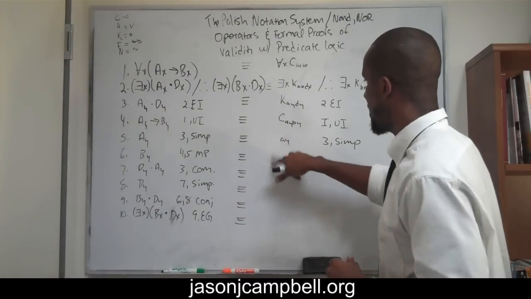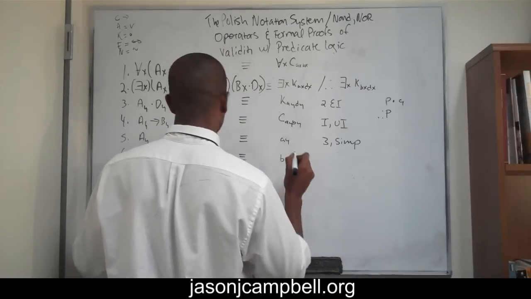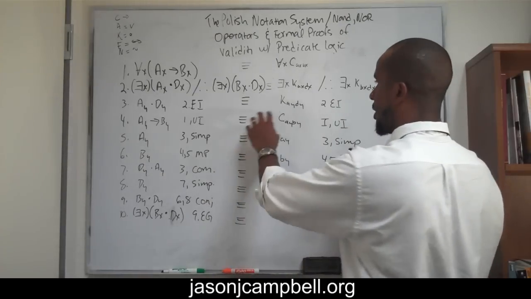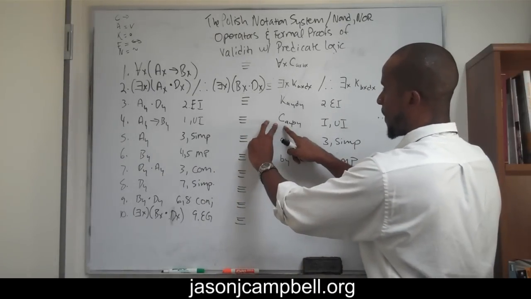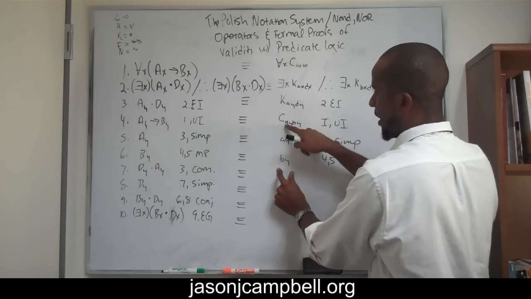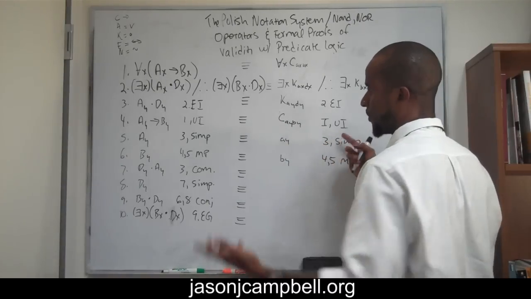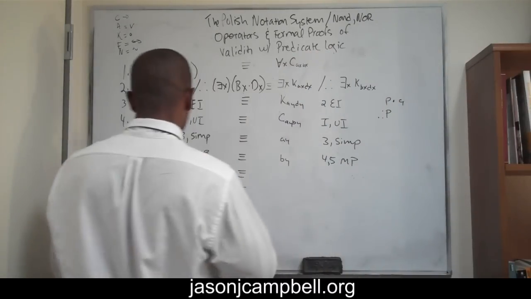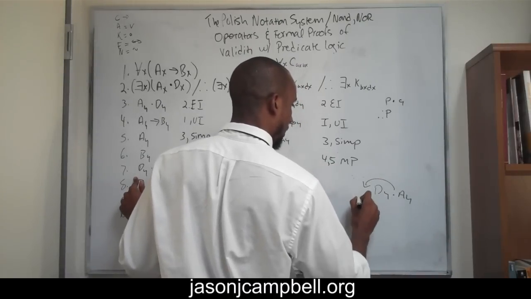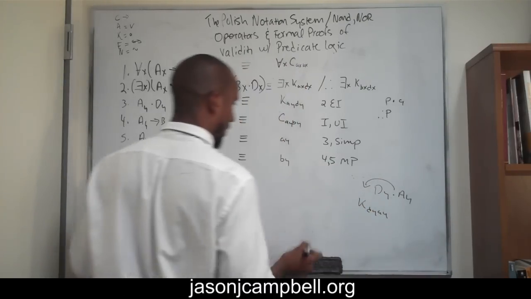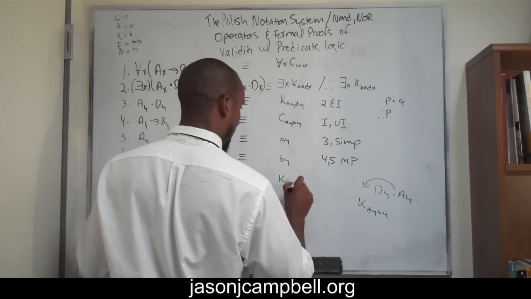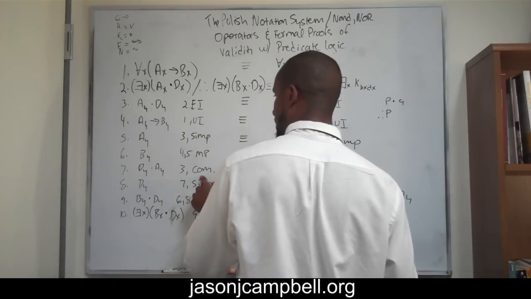Alright, so we have AY, BY here, BY, 4, 5, MP. Does it make sense? Let's look at 4. Here's 4, here's 5. If P, then Q, P, therefore Q, right? If P, then Q, P, therefore Q. Same thing. Okay, so we got that. So we have this, dy and ay. Pull this out. This becomes k dy ay. Right, so we have k dy ay. Same thing. The justification is 3